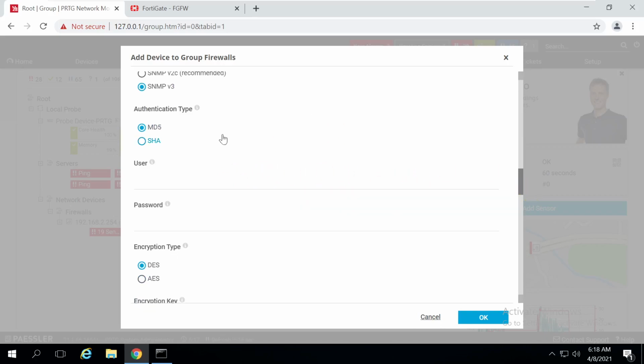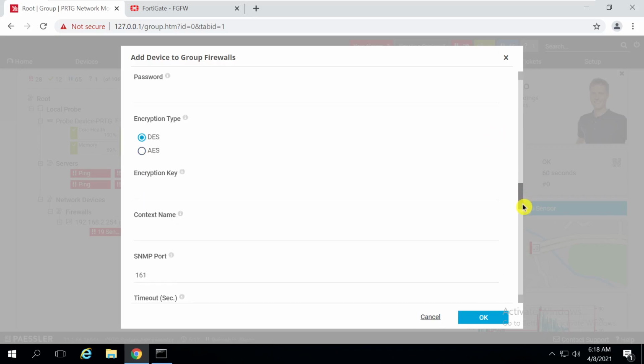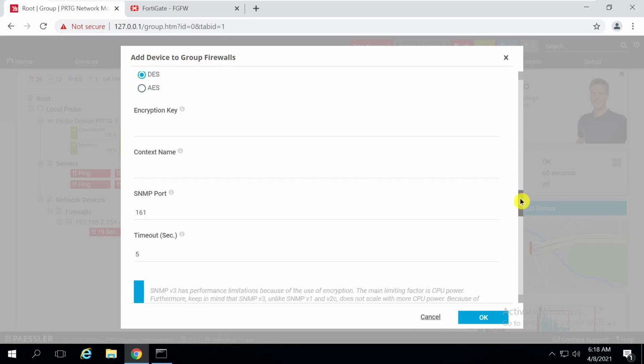This is the authentication type, that means the algorithm you can choose, MD5 or SHA. Then you can define the username and the password here. If you enable encryption, you have two encryption algorithms, AES and DES, and then you have to define the encryption key.